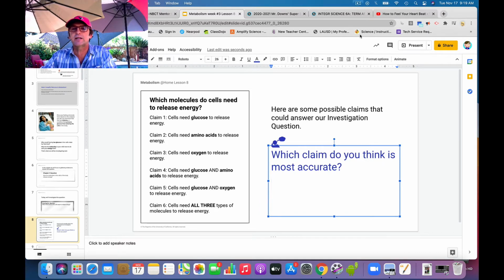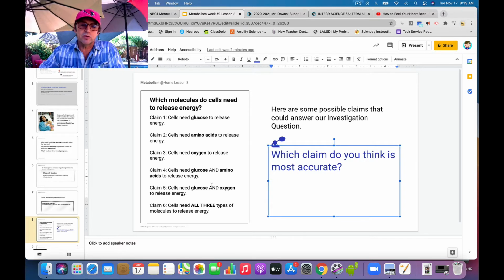This is on the screen, in the chat room, or here on the slide if you're doing this at home. Go ahead and do that now. You have 1 minute to think about it and place it. Back, you should have one of these in the text. Let's look at some of our responses. If we're live in Zoom, we'll check those out.